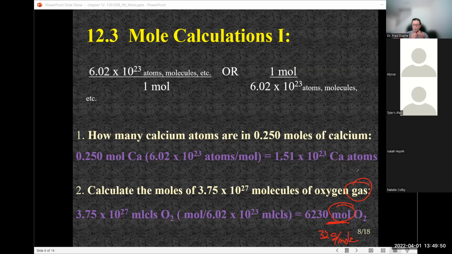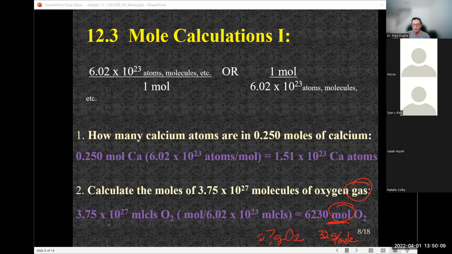Diatomic, so the formula would be equal to, if we would have said an oxygen atom, then obviously we're only dealing with 1/16. But this is gas, which should tell you diatomic. All right, so if I want to calculate how many grams that corresponds to,